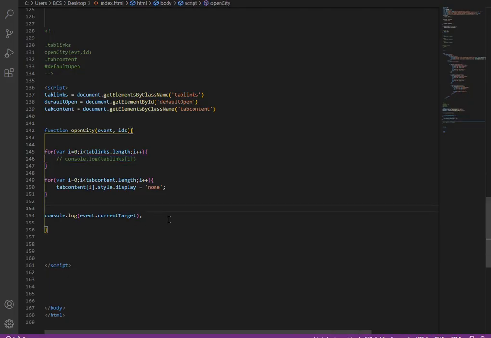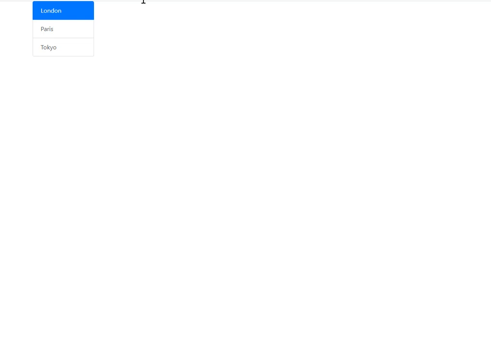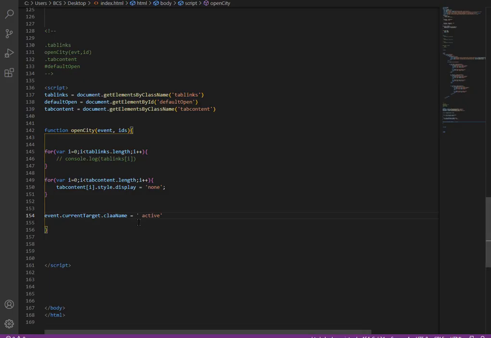And once I get this, I want to add a class, dot className equal to active. Refresh this. If I click on Tokyo it needs to have the class active. We are just adding it, so plus equal to.